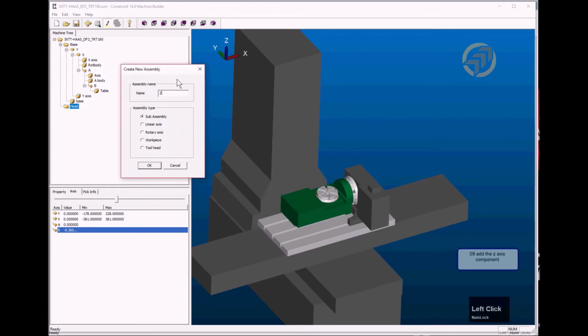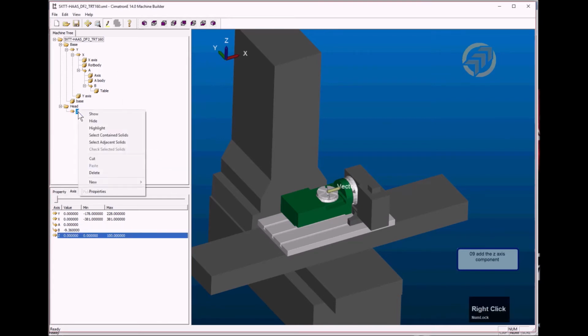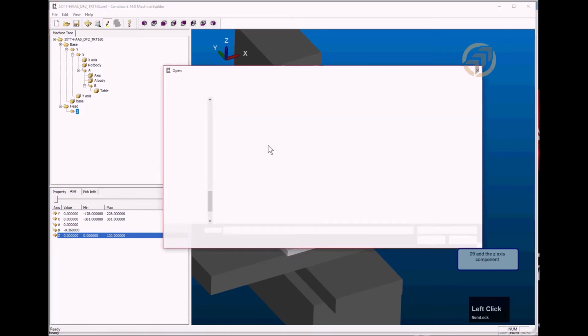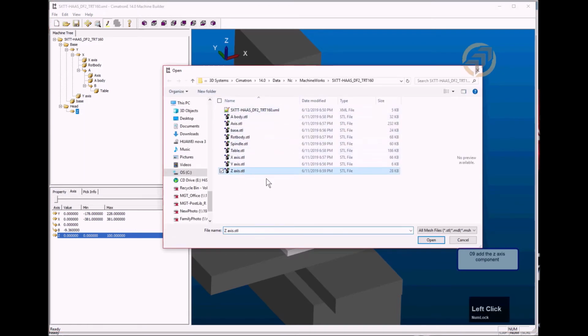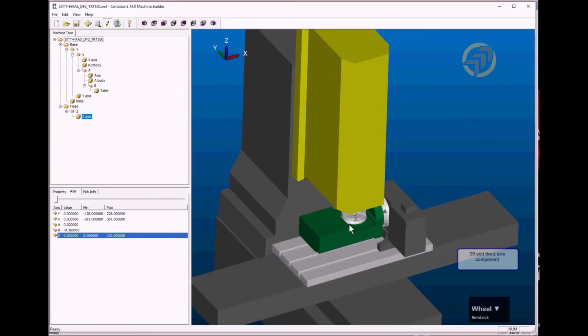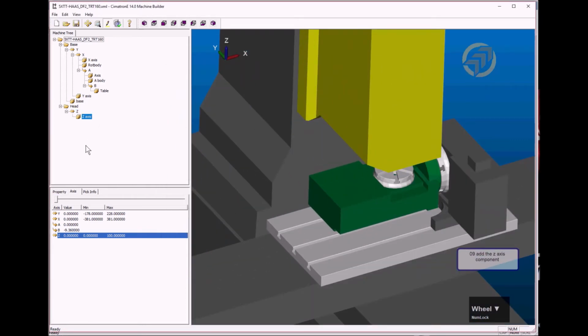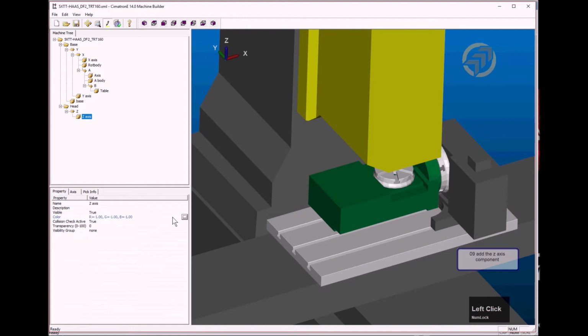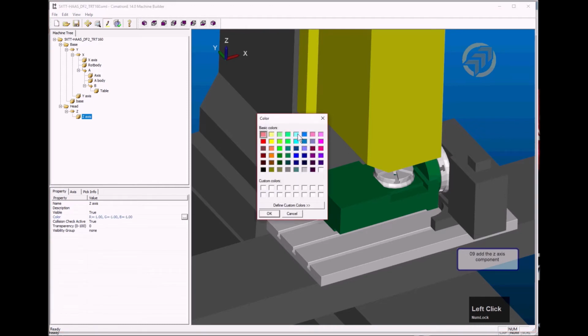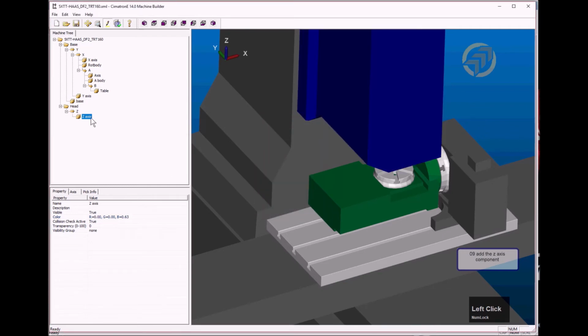Z axis is a linear axis, yes, and okay, then I will put the solid Z axis here, and just change the color to maybe blue,